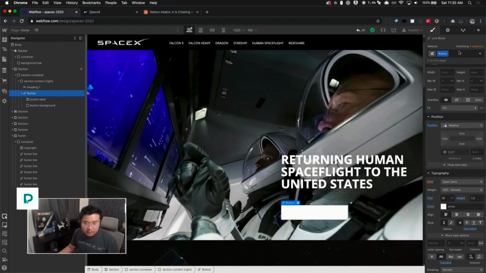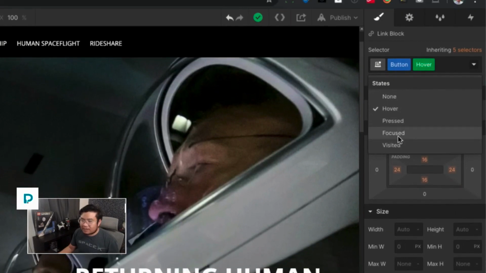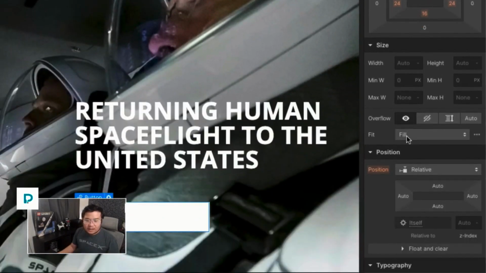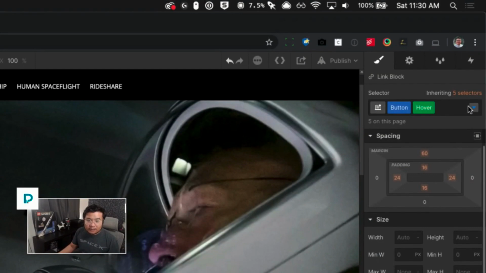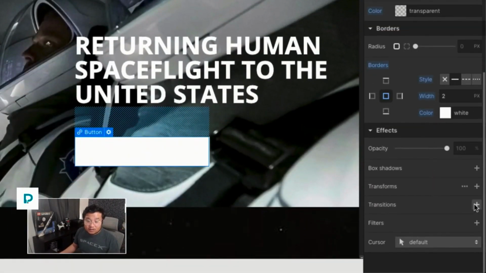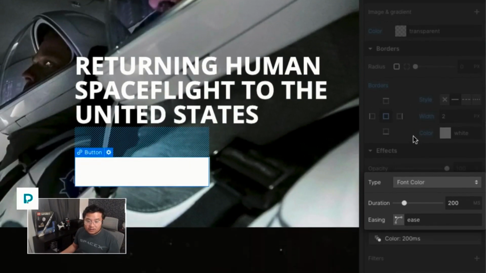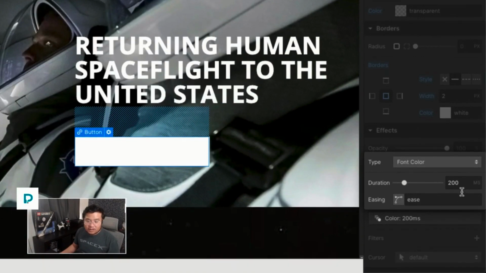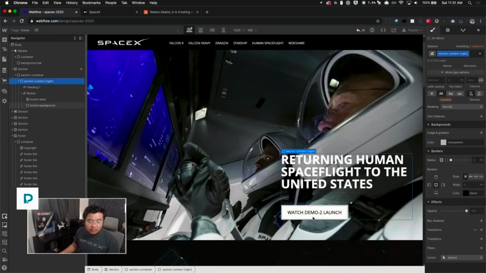But what we can do is this button on hover. So right here, you can select all the different states. I'm going to select hover, and on hover, I'm going to set the color to black. There we go. I'm going to go back to hover and set it to state none, and set the transition of the font color to be ease 200 milliseconds. Right? So now, whenever I hover,